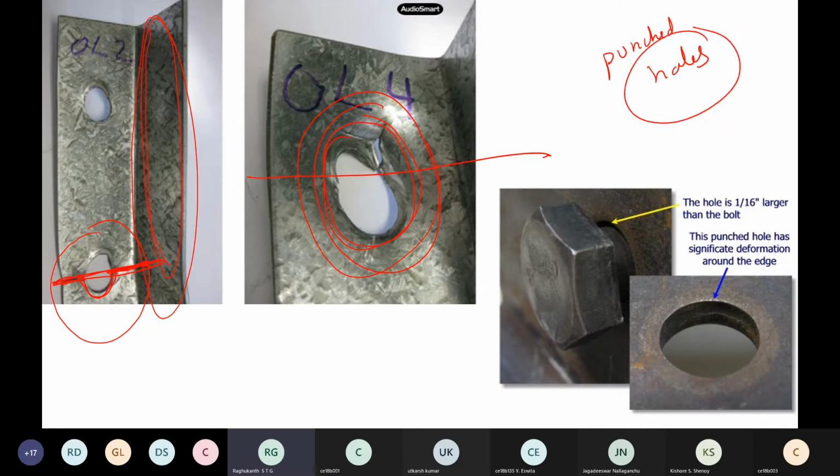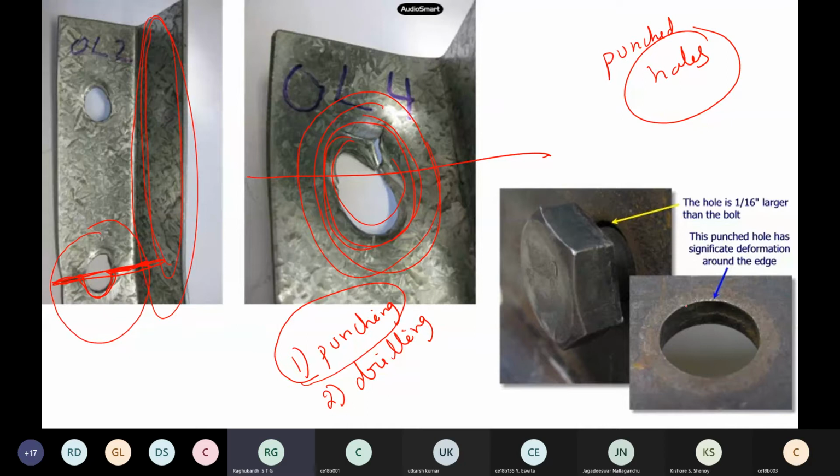See how they make holes in the steel sections. There are 2 ways. One is by punching. In YouTube there are several videos. You take the metal specimen, and the instrument suddenly presses, so automatically the material gets removed. They call it punching shear or punched holes. The other is drilling, where you take drilling equipment and drill the hole. Generally they say punching is more dangerous, because you suddenly remove material.